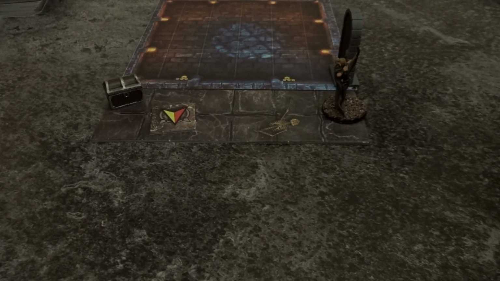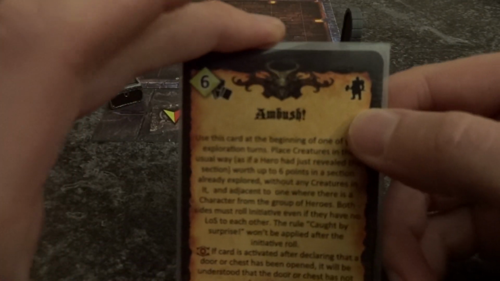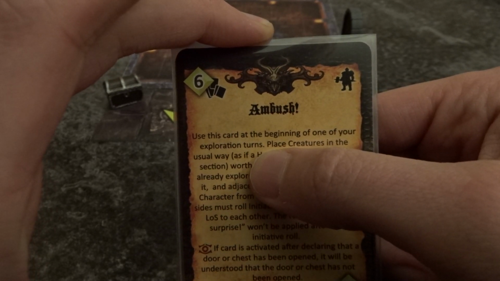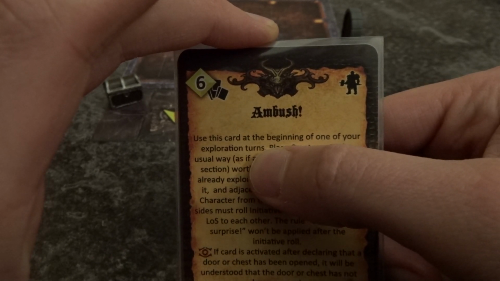These were just for the encounters when the heroes reveal a new unexplored section. But there's more, and this is great. Once again, we have cards that are called ambush. And ambush cards, encounter cards, can be played at the beginning of your exploration turns. This was a bad misunderstanding for me, because